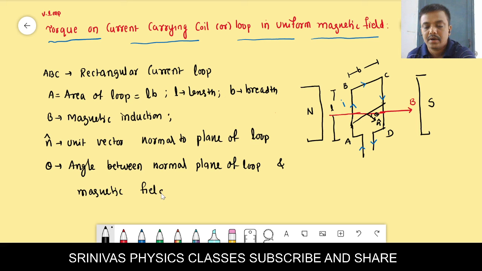Normal to the plane of the coil means you take this as a plane. Normal means it is perpendicular to the plane like this. It makes 90 degrees with the plane. This is n cap. For example, this is a cylinder. Normal to the plane means it will be like this. This is n cap. This is the plane. For example, this is the surface. Normal to the surface will be like this. N cap makes 90 degrees with the surface. That is normal to the plane of the coil. And here theta is the angle between n cap and the field.